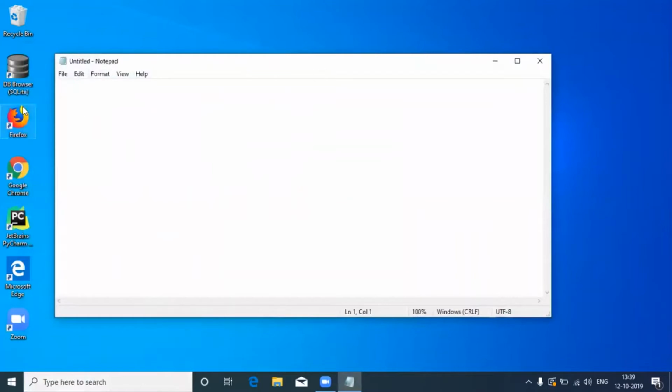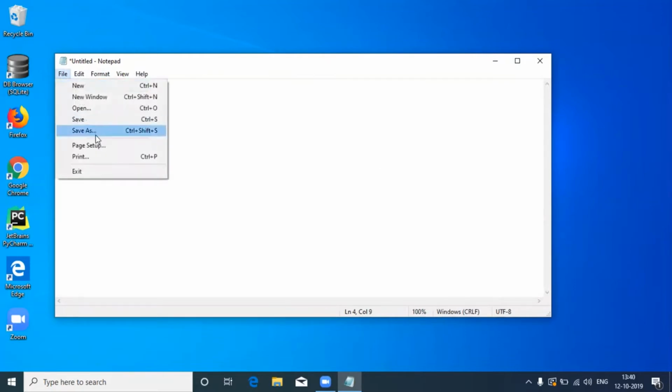For that, I opened a notepad. For example, I'm going to write a simple script that adds two numbers. a equal to 10, b equal to 20, c equal to a plus b, print c. This is a Python script to compute two numbers a and b having values 10 and 20. So the result of c will be 30 and that will be printed, right?